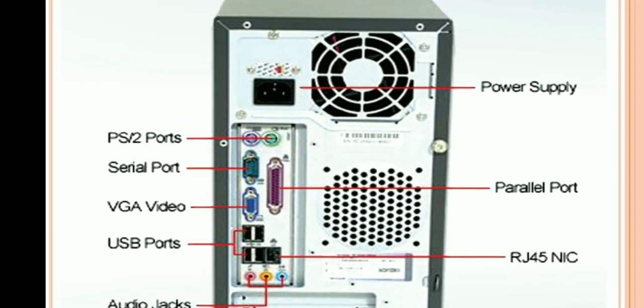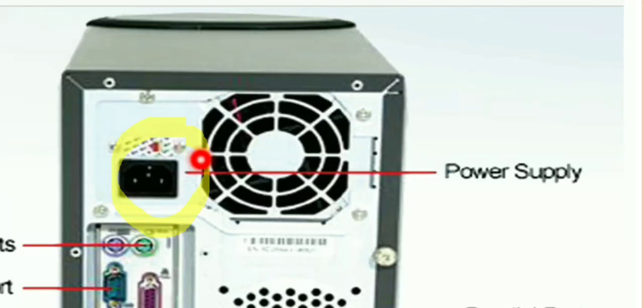The first port you can see here, in the highlighted portion, is the power supply port. A motherboard and the other components inside a computer use direct current. A power supply takes alternating current, that is AC, from a wall outlet and converts it into DC power so that your CPU can consume the same. So this power supply port is used to connect the power supply adapter with the CPU. I hope it is visible and clear to you.